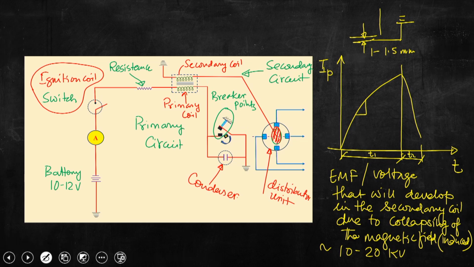Now, if T1 and T2 are getting reduced because of the engine speed, then the energy that would be available at the spark plug will be less to produce a spark, and hence it would be very problematic for an engine to operate. Another question is that if I write here,